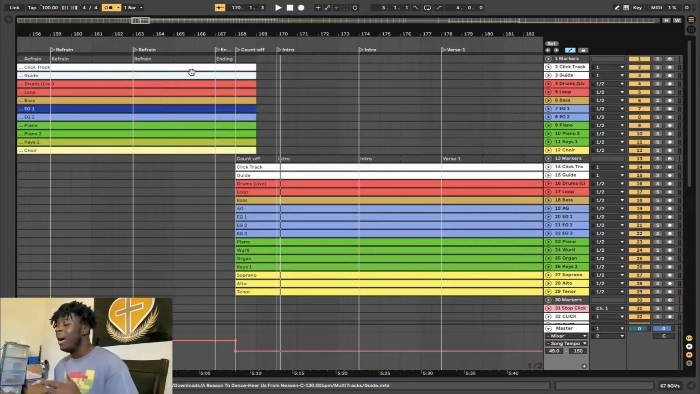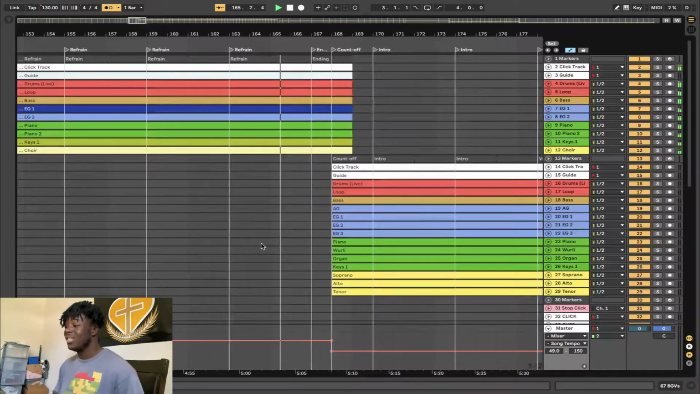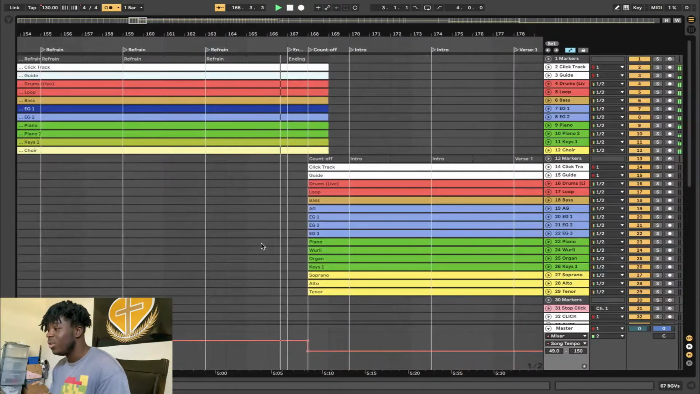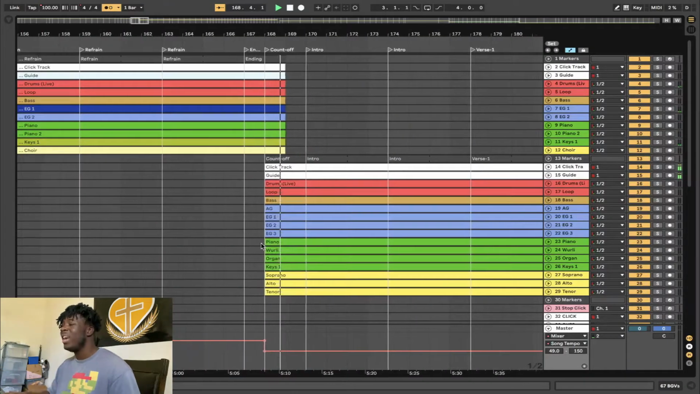So I'm gonna do it again, and I want you to look up to the top left of the screen where the tempo is to see how it jumps down. See, check this out. We're at the end of A Reason to Dance. So pay attention, take a look up there. It just jumped right down